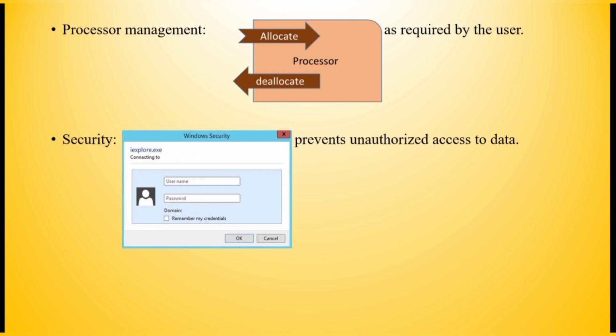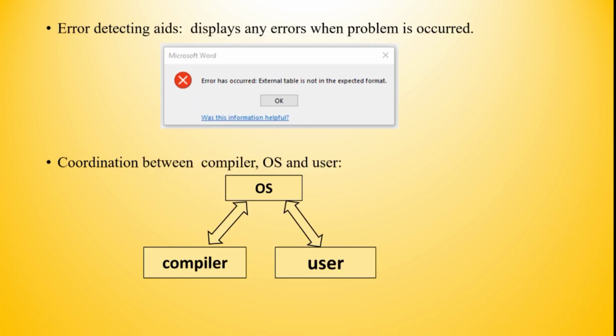Once the job is done, it deallocates the processor. Security. You can authorize access to data by giving password so that your data is secured. Error detecting aids. The operating system is capable of detecting the errors and showing the error messages to the user.